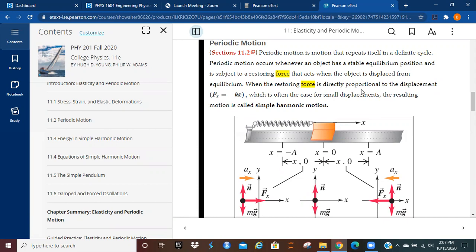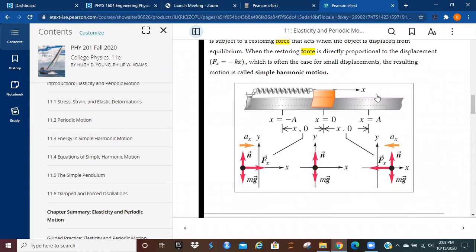When the restoring force is directly proportional to the displacement, such as what you see with Hooke's law, F of x is equal to minus kx, which is often the case for small displacements, then the resulting motion is called simple harmonic motion. So let's take a look at this particular figure here